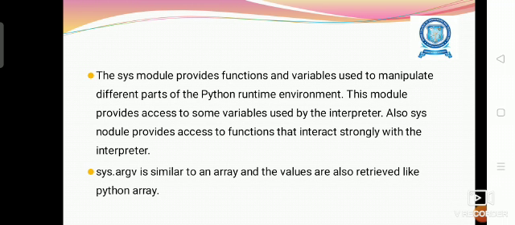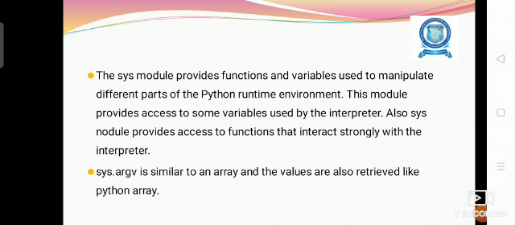The interpreter is used to convert the Python high level language into machine language, and the Python program will be converted into the executable program. So from the interpreter we can control this particular module, and argv is used to access the variables and functions which directly interact with the interpreter.